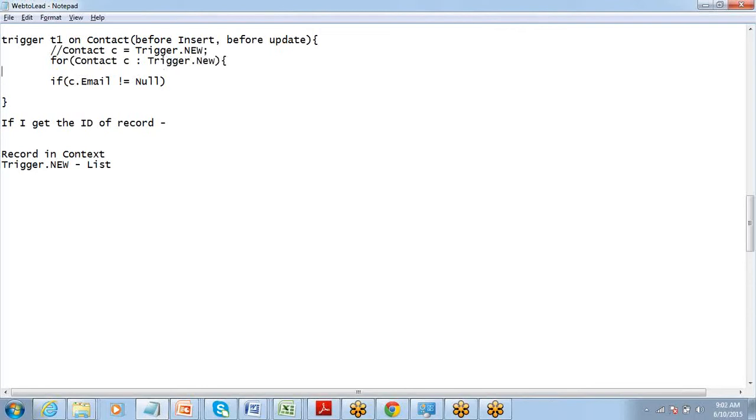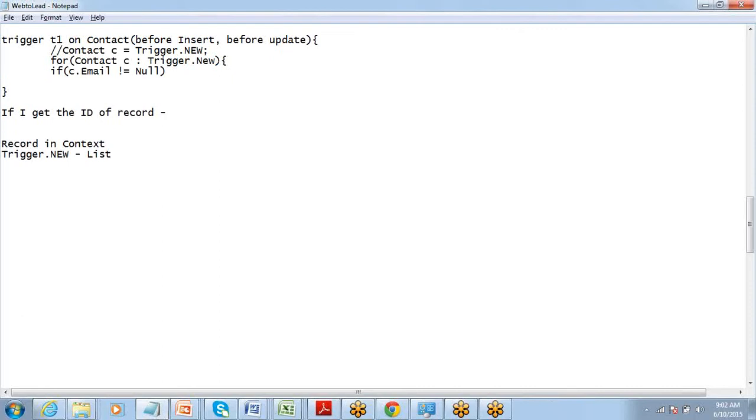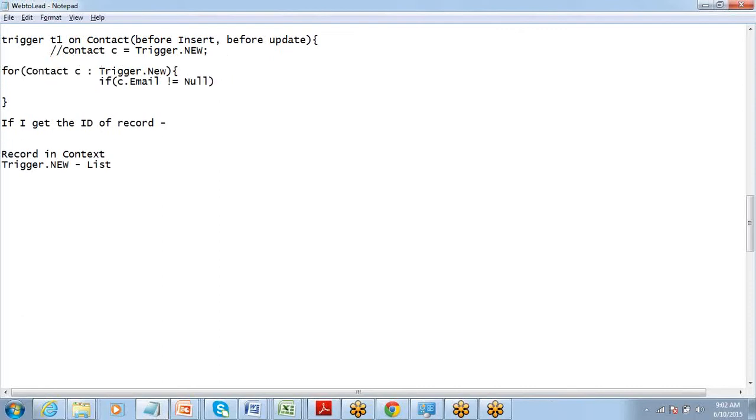All right, check this. Got it? So now what it will do, it will run a for loop for the entire list of records here. So it will not just check one record. Earlier what I was trying to write, one, the assignment was not correct because I was assigning one single record to the entire list.